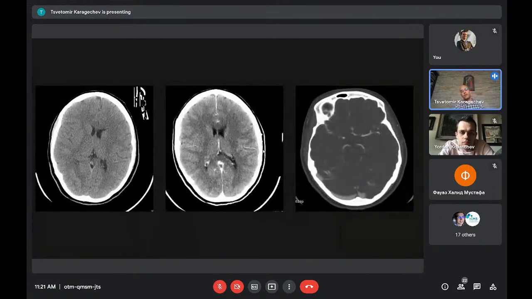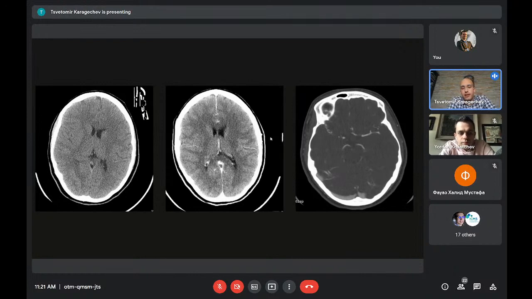So when we talk about head CTs, there are actually three different exams, and they all have different indications. I won't go deep into this topic. We will show you examples when we start presenting the cases. The exam that we perform most commonly is head CT without contrast, or non-enhanced CT.